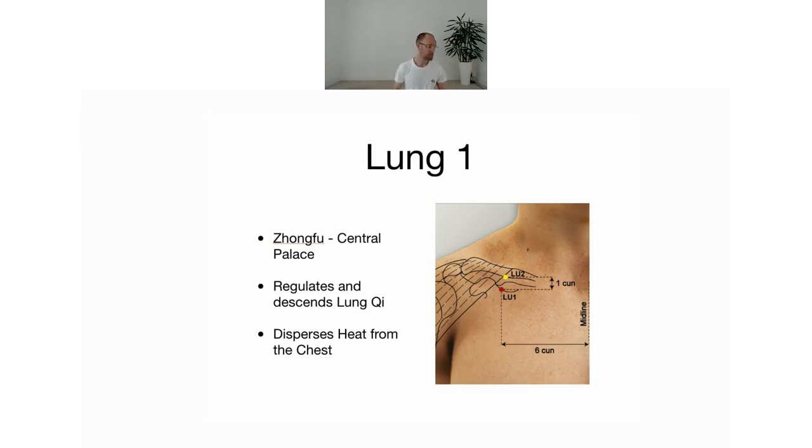So when we were working the point earlier, I was quite interested to see if anyone was going to get any effects in their torso more, in their body. So let's try this point again. Now that we've moved all of this qi around,